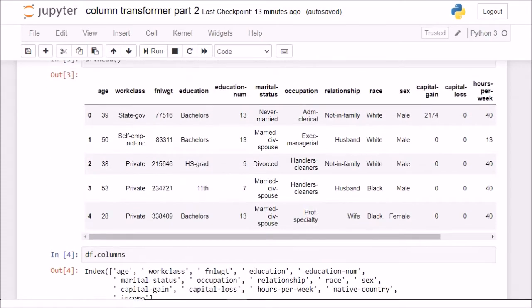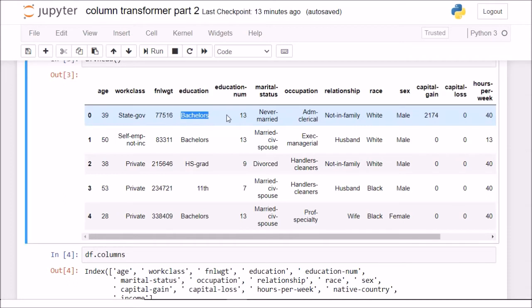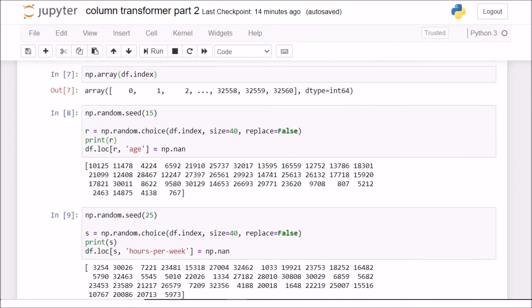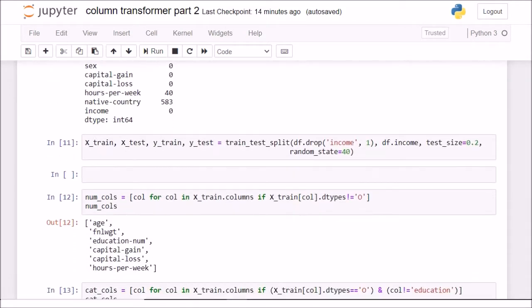That is because if I check here, I find that Bachelors has a number 13 and HS-grad has number 9, and again Bachelors has 13. So this is basically an ordinally encoded column of this education column. This education column is now redundant as everything has been converted into an ordered number. Ordering does matter here, right? Because Bachelors is greater than HS-grad, hence 13 is greater than 9, and HS-grad is greater than 11th, hence 9 is greater than 7, etc. So we'll exclude the education column from our calculations.